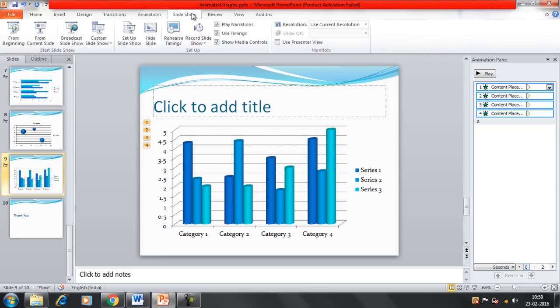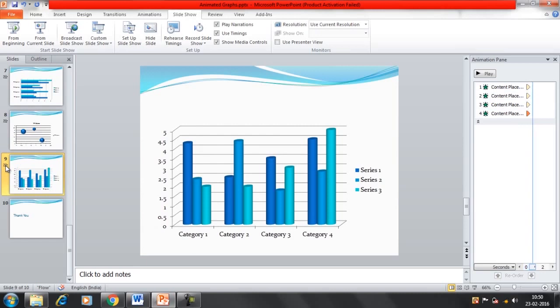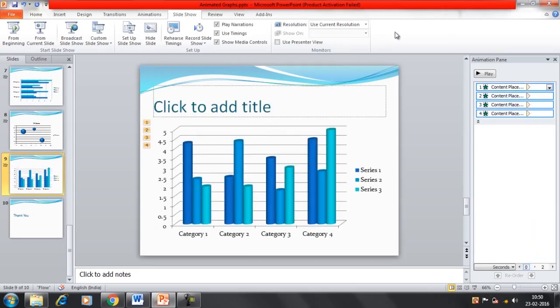Okay, now let's see how it's going to be played. Let's play the animation here. It's playing very fast, so you can provide a delay also here.